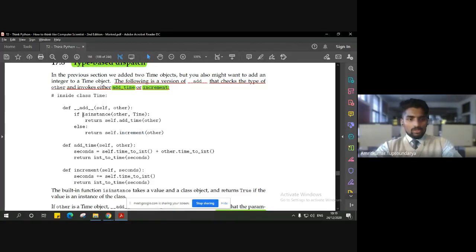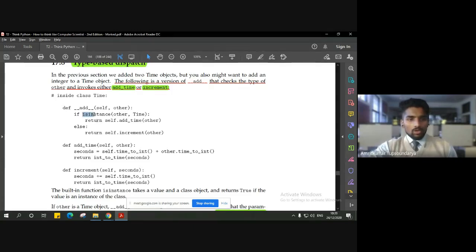Now, as you can see, isinstance is another function used inside this add method. It is an inbuilt function, like the one we saw in the previous class, after. These are inbuilt functions that we are simply using, so you don't have to bother about how they work. You can simply use them. They are available inbuilt.